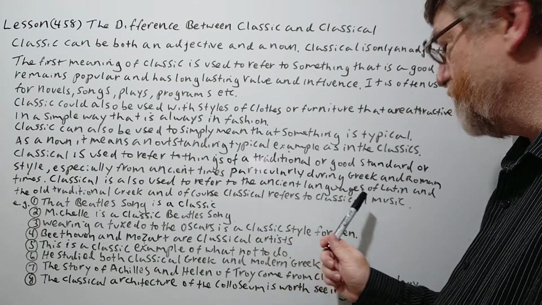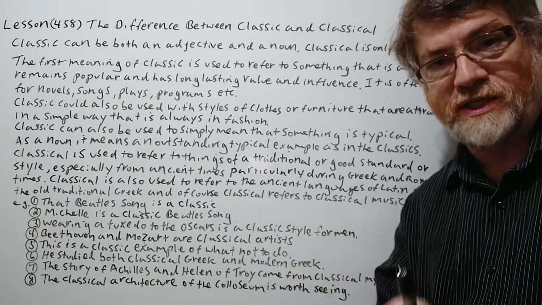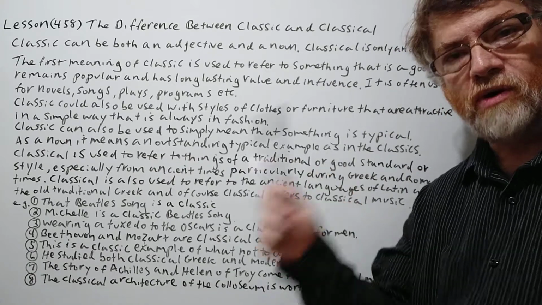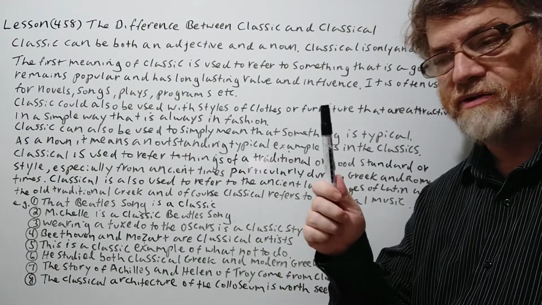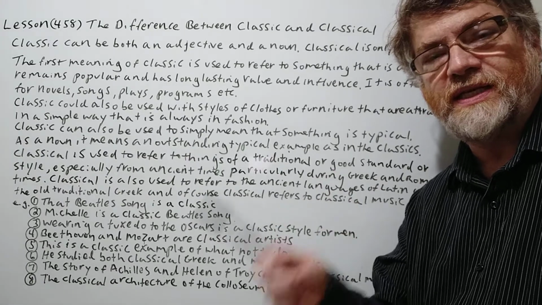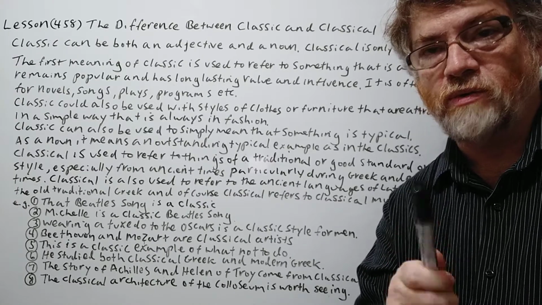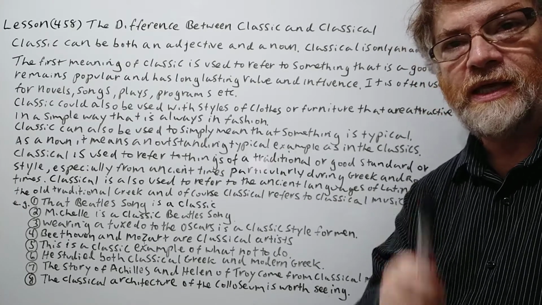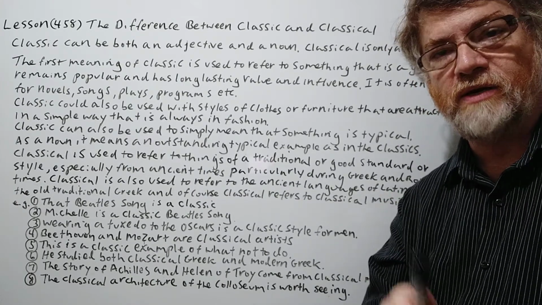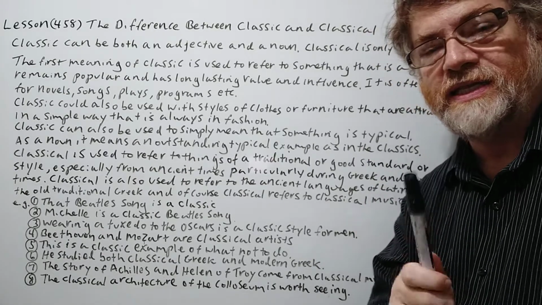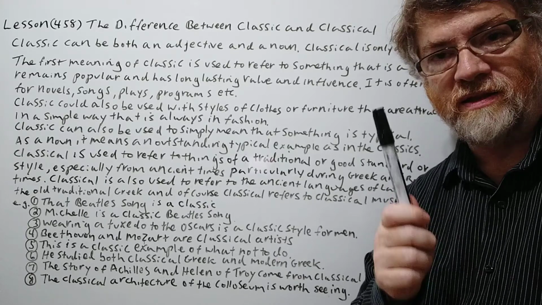Classical also refers to classical music too. Remember, classical music, that's the one that comes from Europe, in the 1600s, 1700s, 1800s, around that time, and has no words, so no lyrics are in it too. Famous people like Mozart, Beethoven, Bach, Tchaikovsky, people like this. This is what we mean by classical music.